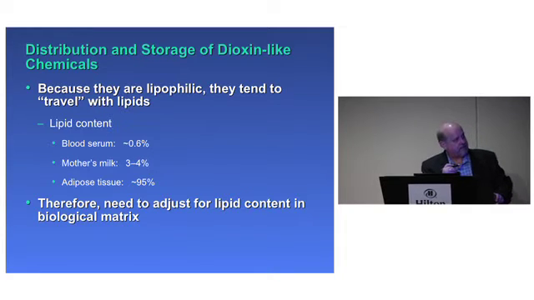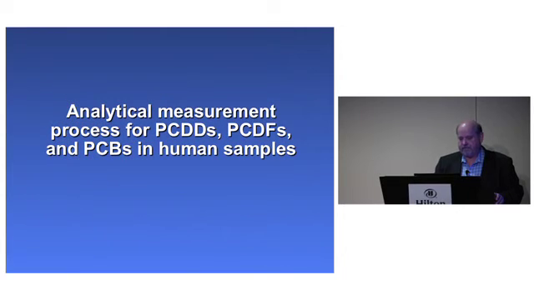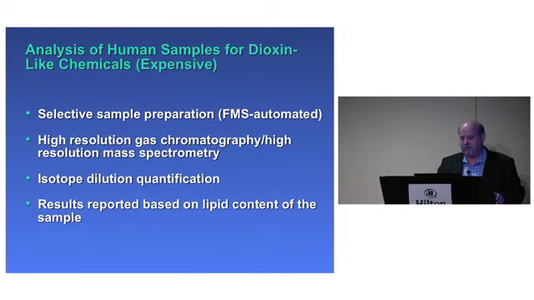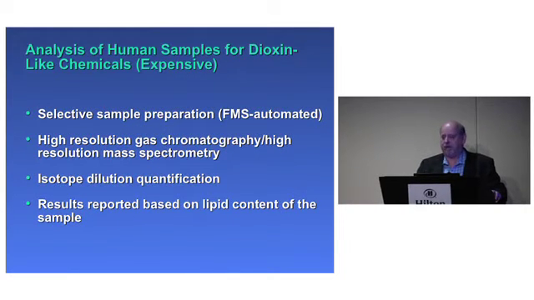Blood is about 0.6% lipid, mother's milk 3 to 4%, adipose tissue 95%. So this caused some analytical challenges in going from adipose tissue to blood. I want to say just a few words here about the analytical measurement process in human samples. It requires very selective sample preparation. We've used automated equipment my whole career at CDC, which allows for high throughput. High resolution mass spectrometry is somewhat expensive, so it costs money to acquire and maintain high resolution